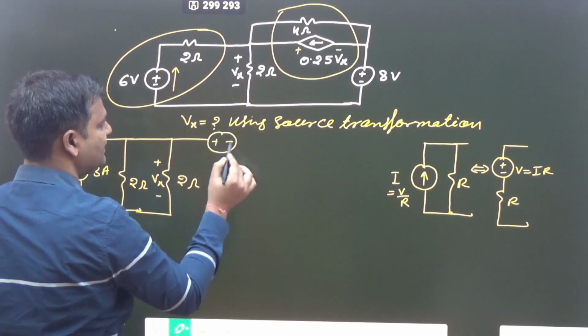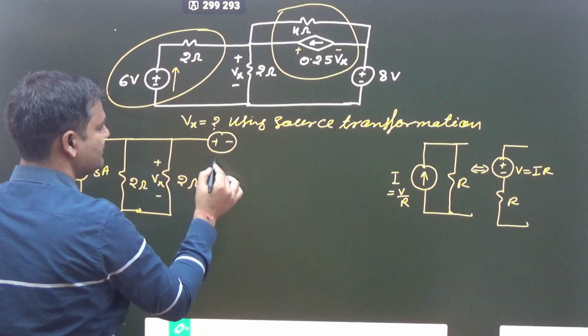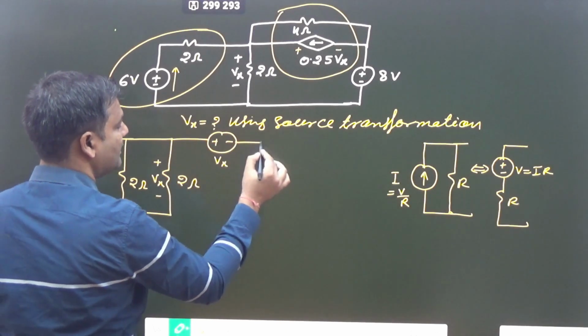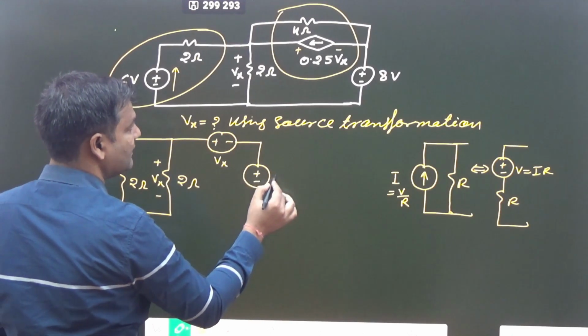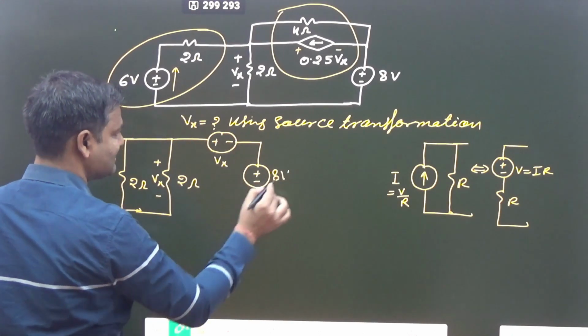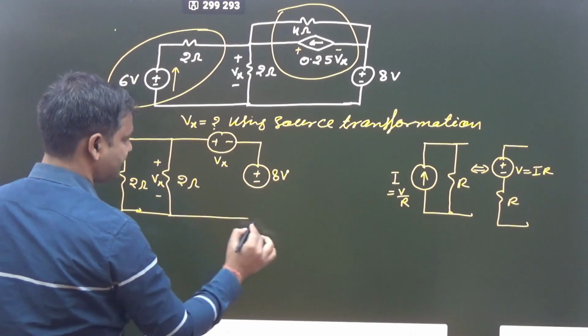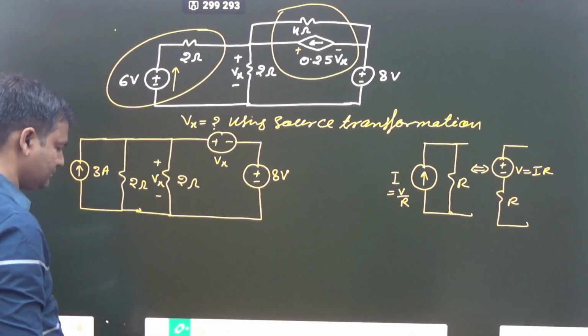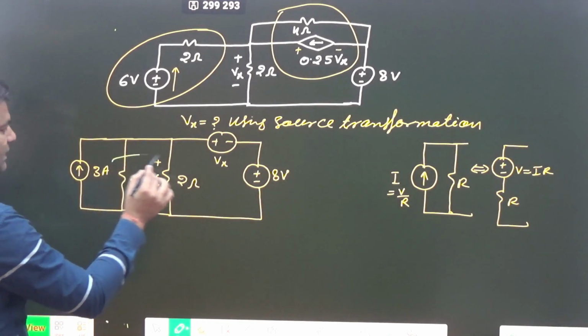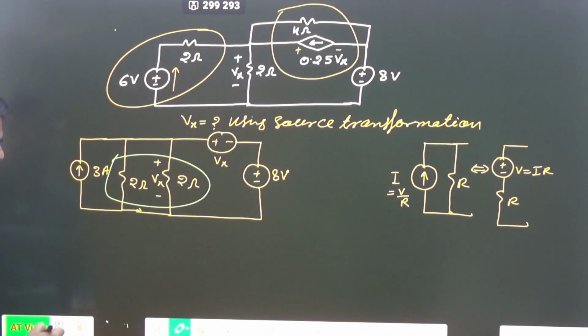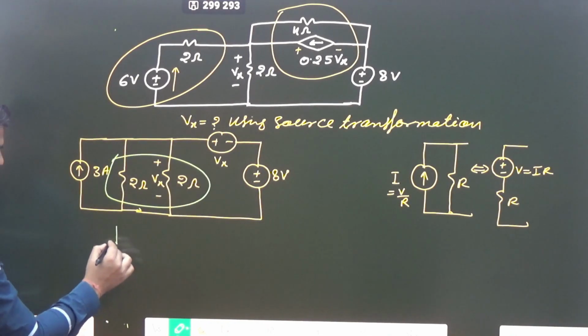So that is simply Vx. And that one is plus minus 8 volt. Okay, like that one. After that, if you see very clearly, these two are parallel, so the combination of these two,